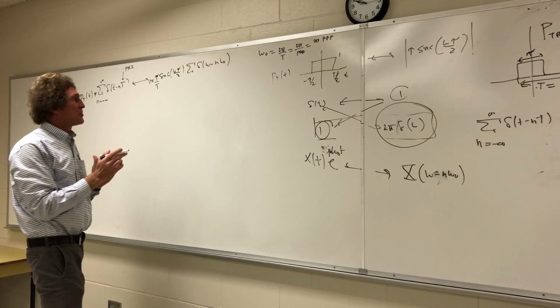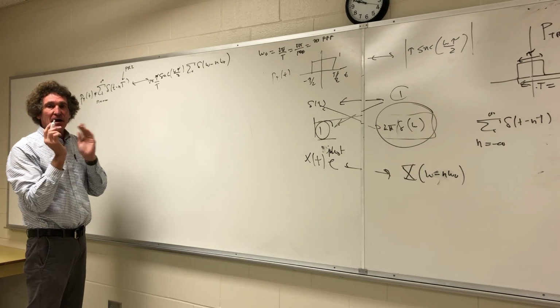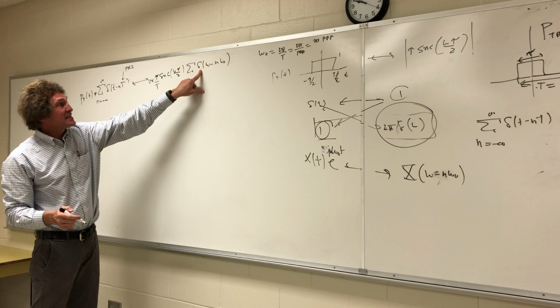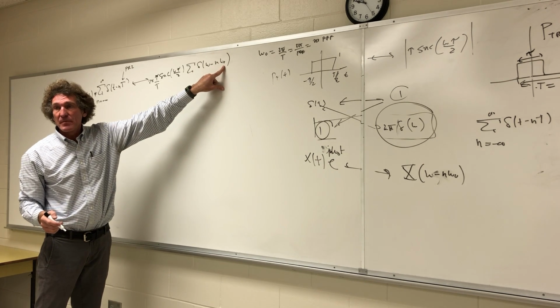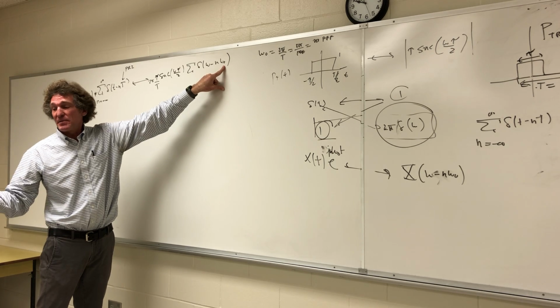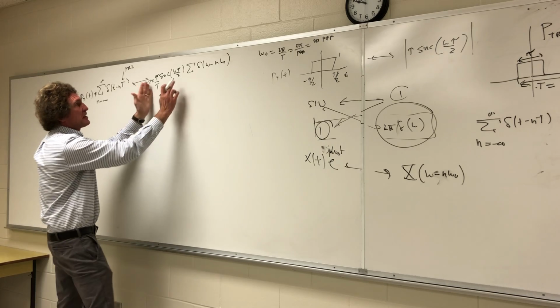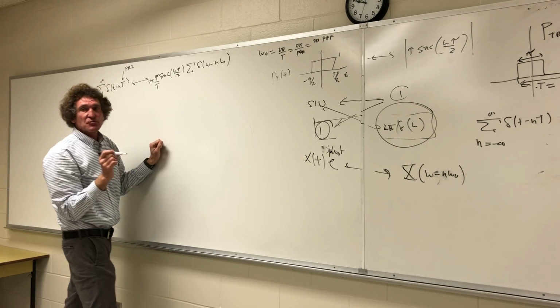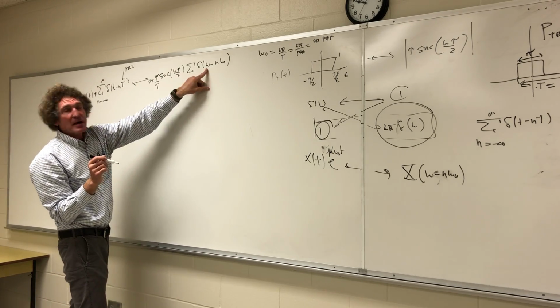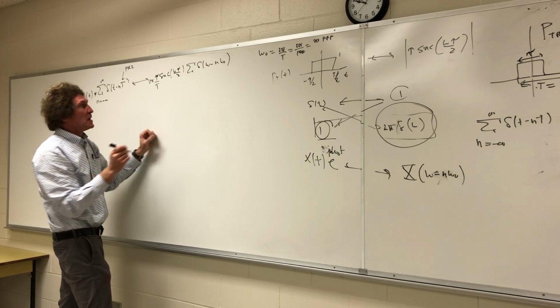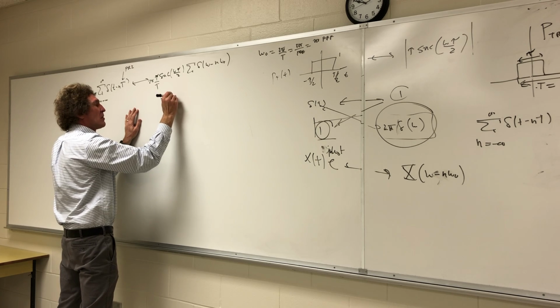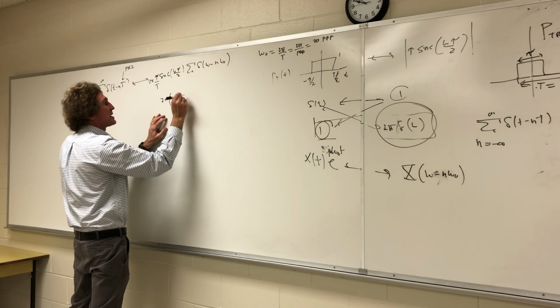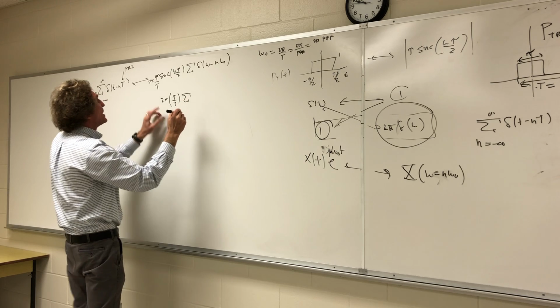Just watch. This is important because this gets real confusing. Now, ask yourself this. This thing only is infinite whenever omega is at omega naught, right? Do you all agree with that? That's the only time it exists, correct? Agree? So what we can do is take this term and pull it in here and just replace the argument of omega by n omega naught. Do you all see that? So now I can say I'm going to leave the 2 pi tau over T out in front,